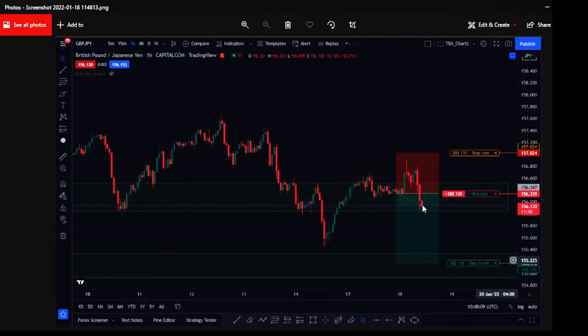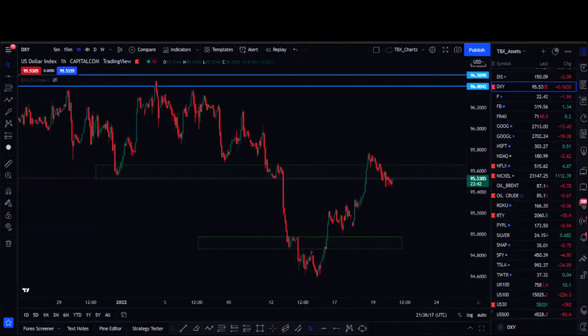GBPJPY, this was where it was when we took the trade. I took it around here. I took the trade when I saw this red candle. The red candle is kind of my color change. It's kind of my aggressive entry, and I think that's all. That is all. So now I think we're going to jump back into what we're going to do today, which is